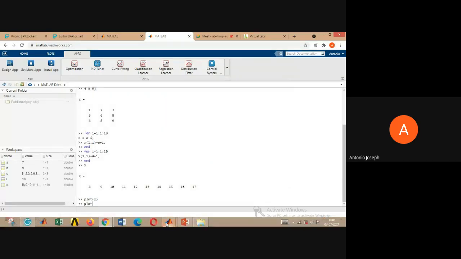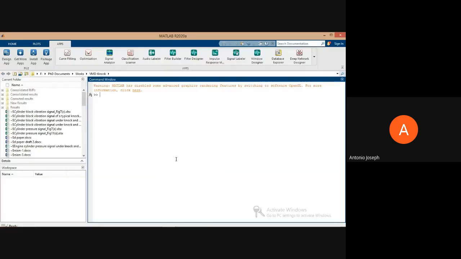Now I will show in the software that I downloaded right now. If you don't know these commands, then we have the editors. The editor is already available with MATLAB.